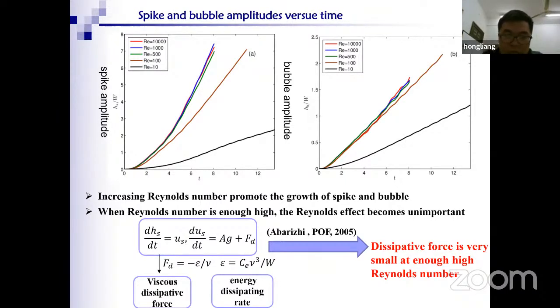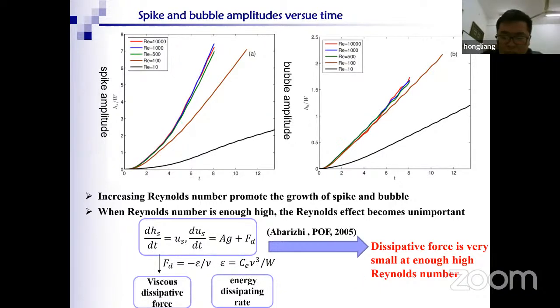However, this trend cannot last continuously. When the Reynolds number is very large, the effect of the Reynolds number becomes unimportant. As we can see from these figures, the results of the Reynolds number 10,000 and 100,000 agree very well,